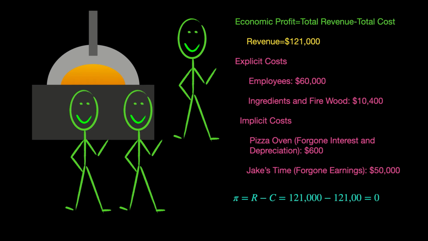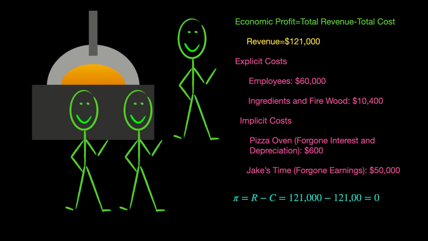What does zero economic profit mean? Is this bad news for Jake? What zero economic profit means is that Jake is doing just as well as his next best alternative. If he sold off his pizza oven, putting the money back into bonds that yield 5% each year, and went to work for someone else, he would earn $500 of interest from the bonds and $50,000 in wages. By including these foregone earnings as part of his economic cost, we are making sure his revenue covers each of these opportunities. That is, after paying himself $500 interest and $50,000 in wages, he breaks even.